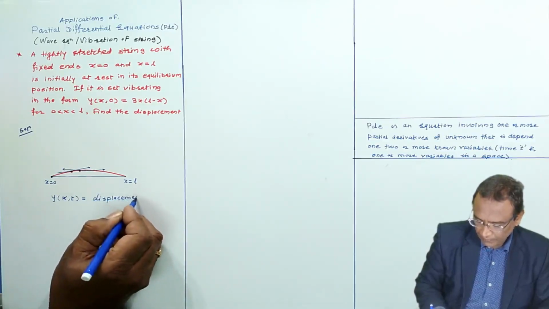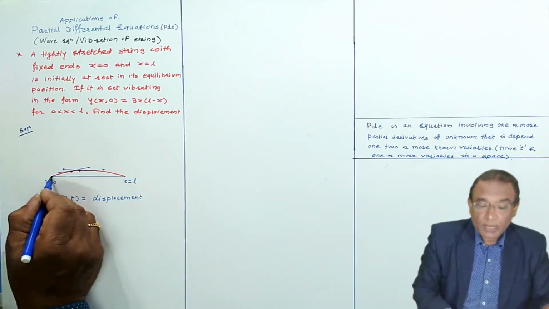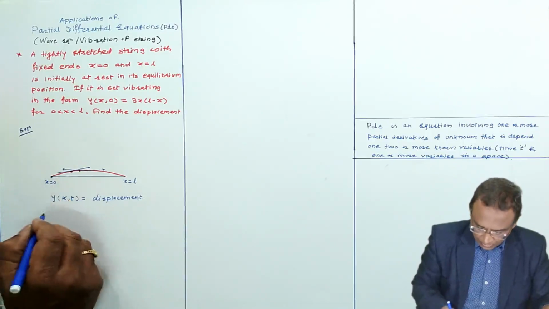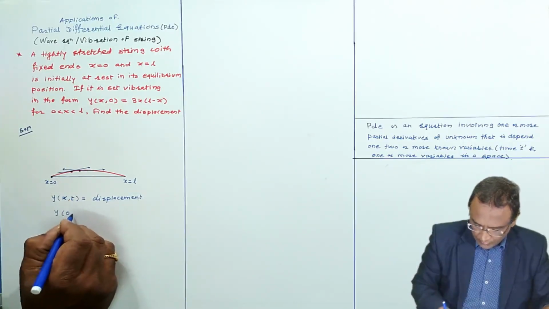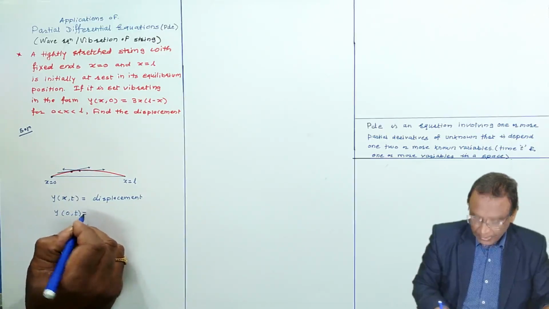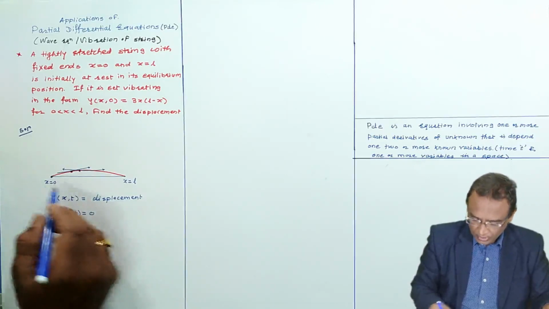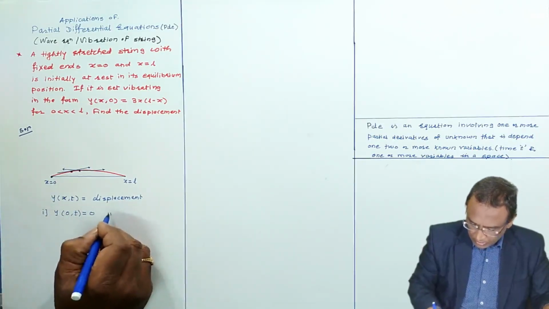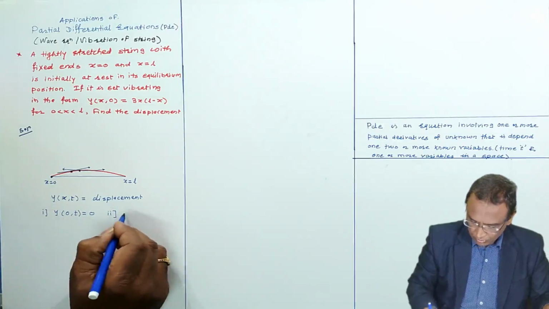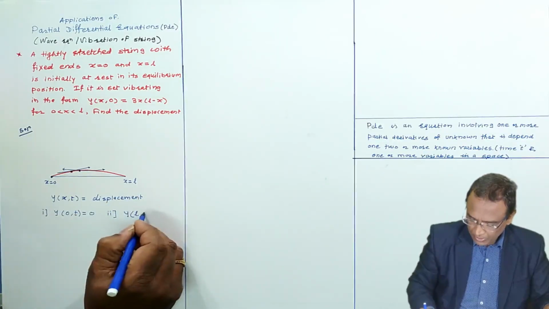And that we have to find. Okay, this we have to find. But at this point, at one end of the string, y of 0, t (t is time) is 0. Displacement is 0 at this point, and the displacement is 0 at the next point also. At this point also, displacement is